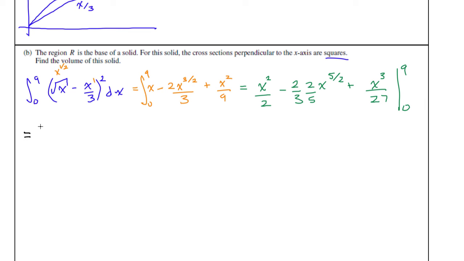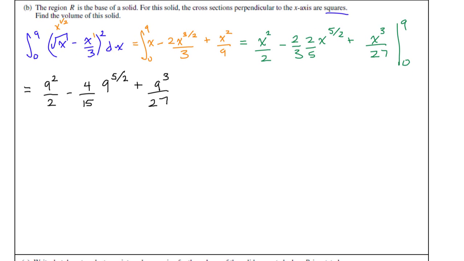Plugging in, we have 9 squared over 2 minus 4/15 of 9 to the power of 5/2 plus 9 to the power of 3 over 27. And again, you don't need to worry about plugging in 0 because all these are going to turn into 0. From here, what do we have? I guess I can go down instead of to the right. So I have